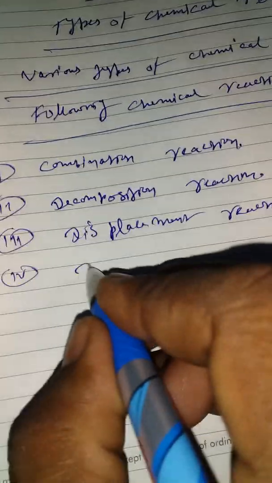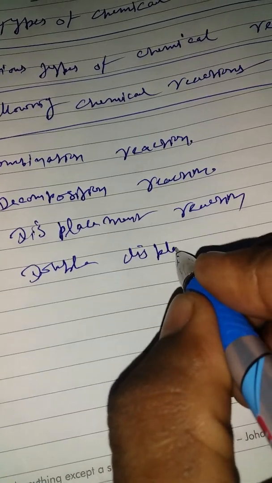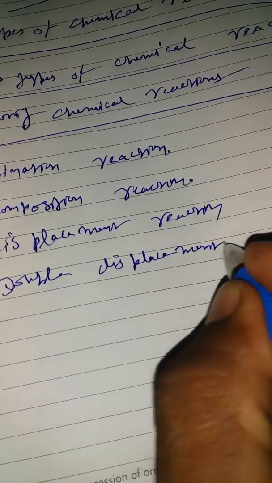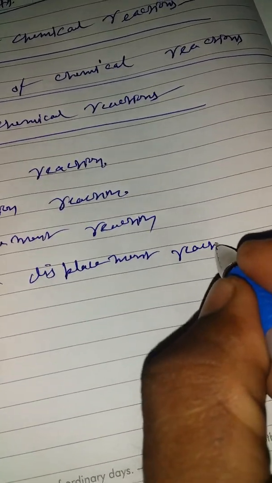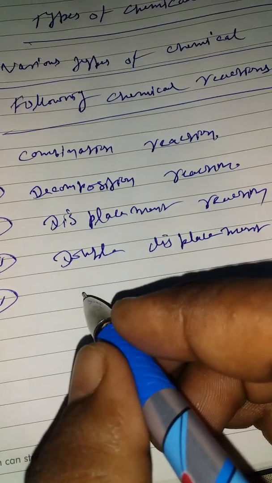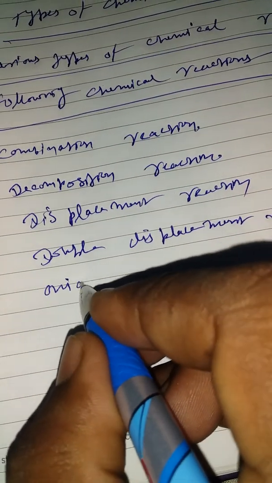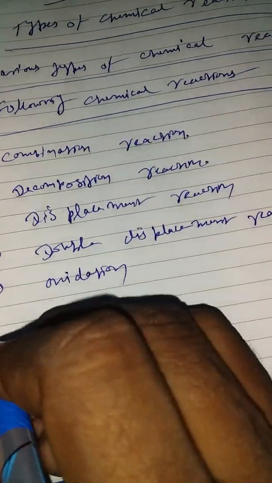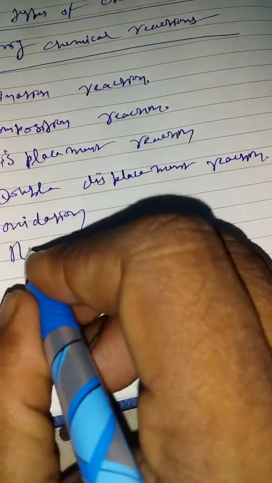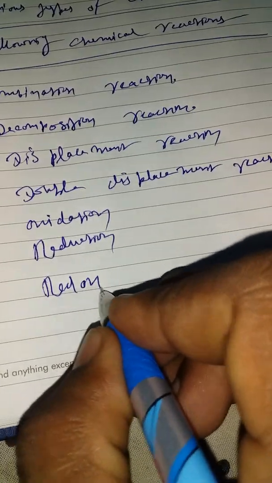Number fourth, double displacement reaction. Number 5, oxidation. Number 6, reduction. Number 7, redox